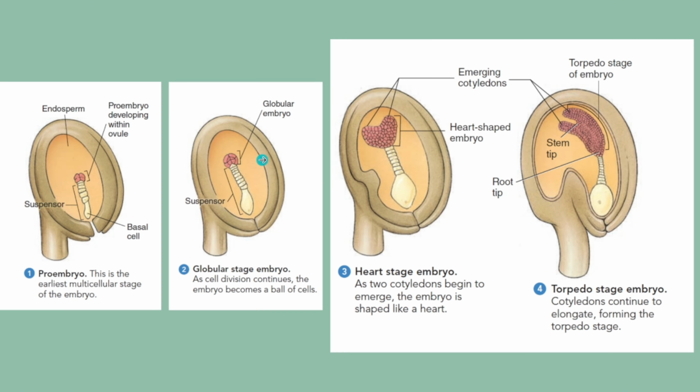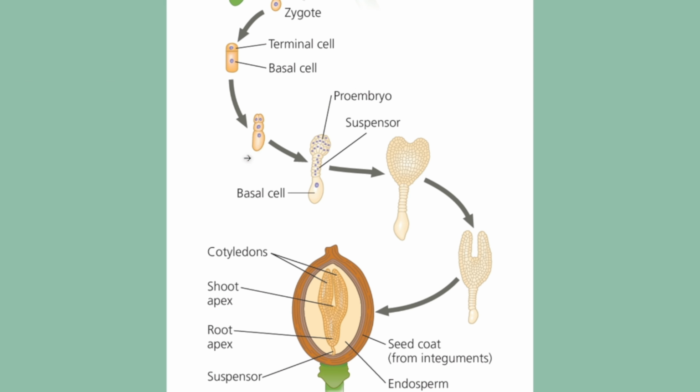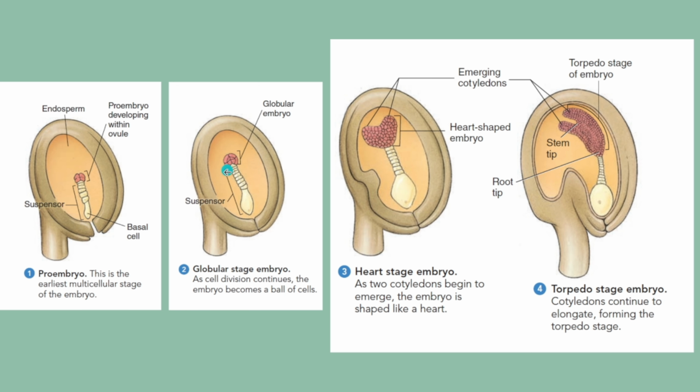So you can see here, it's easier. It will form the globular stage, which is larger. Not here, there. This one is heart shape. It will form a larger embryo cell. So this stage we call the globular stage. So the globular embryo will develop through mitosis